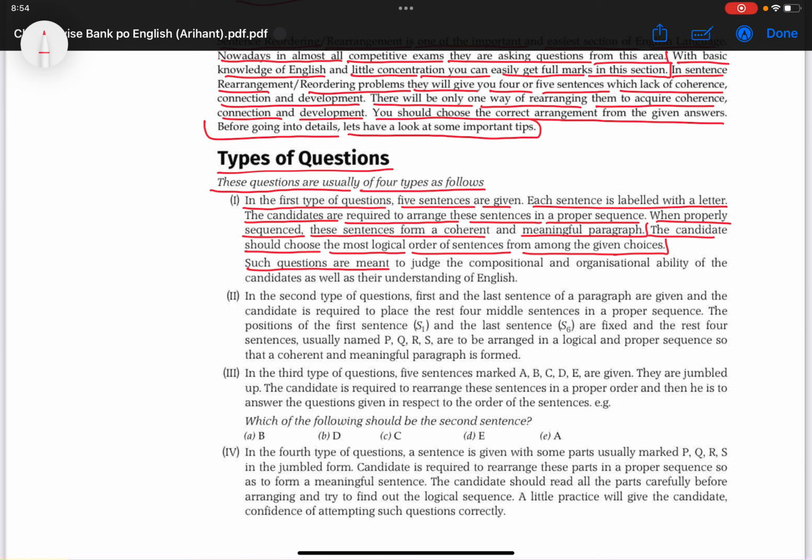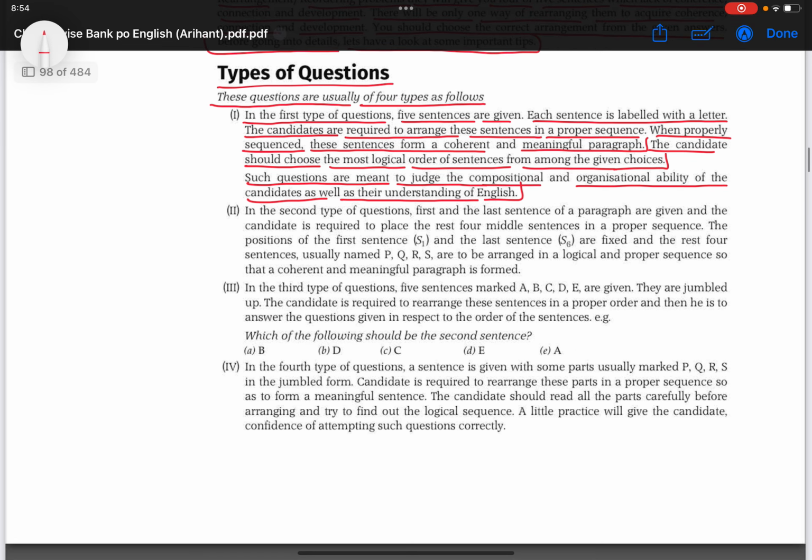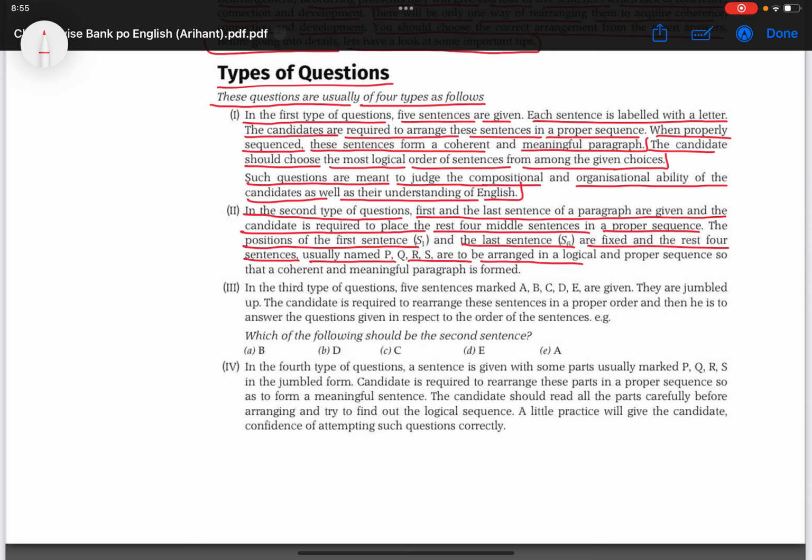Such questions are meant to judge the compositional and organizational ability of the candidates as well as their understanding of English. In the second type of questions, the first and the last sentence of a paragraph are given and the candidate is required to place the rest 4 middle sentences in a proper sequence. The position of the first sentence S1 and the last sentence S6 are fixed, and the rest 4 sentences, usually named P, Q, R, S, are to be arranged in a logical and proper sequence